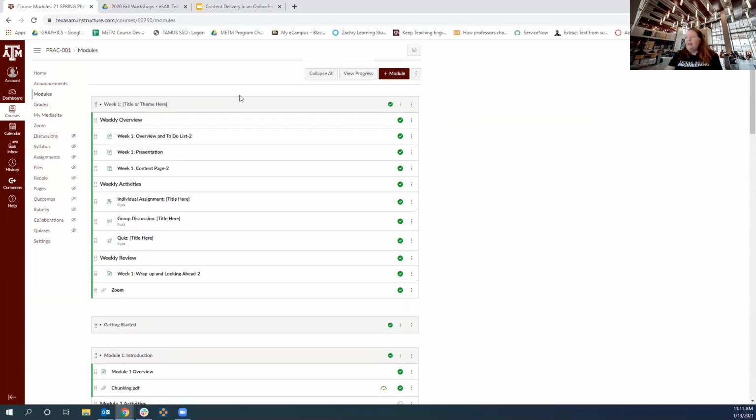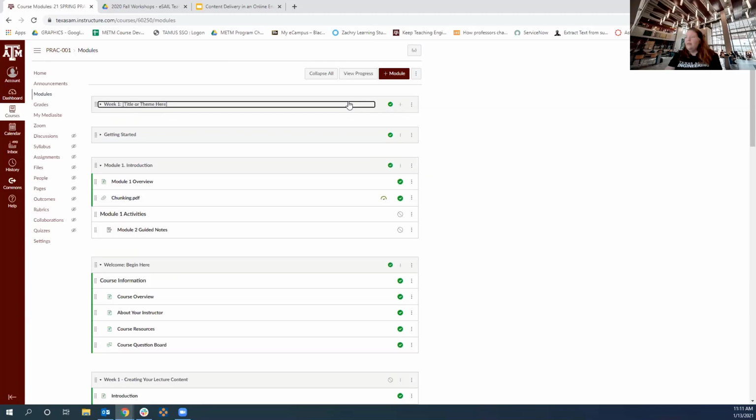And again, here's that week 1. I'm not going to use that. So I could delete it, or I could just hide it from my view, by clicking on the title and that little arrow, and then unpublish. So this way, it's not getting in the way right now. I can still look at it later if I want to get ideas from it, but the students aren't going to see it because I unchecked that.